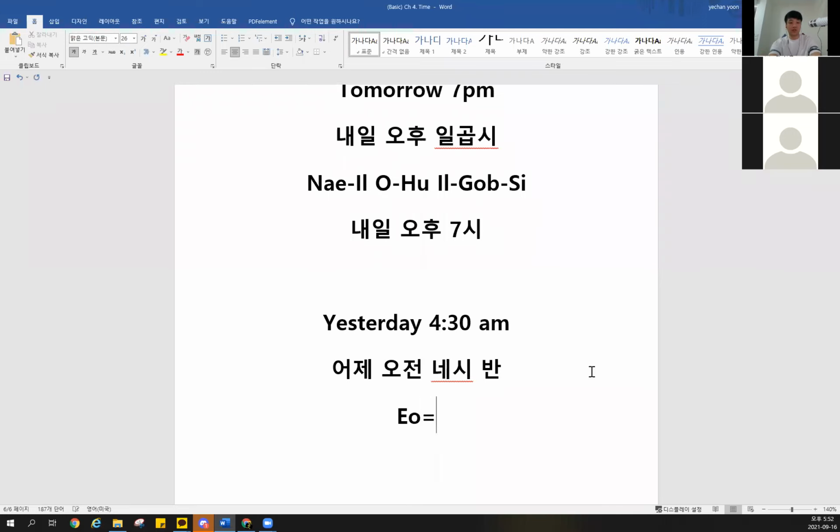So yes, correct. 어제 3시 30분. Nani, a bit. Yeah, can you try again? Almost done, guys. Almost done. 어제 오전 4시 반. Okay. We also have this one. But we also have another one. What is it? You can also write it down with the 분, right? How can you write it down?